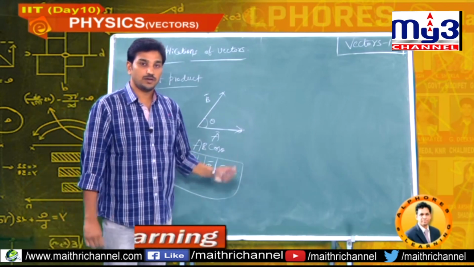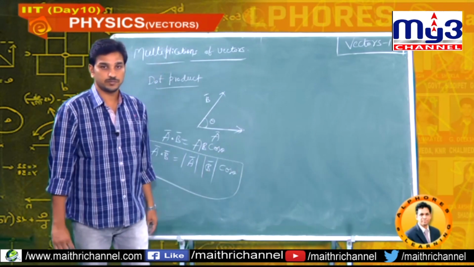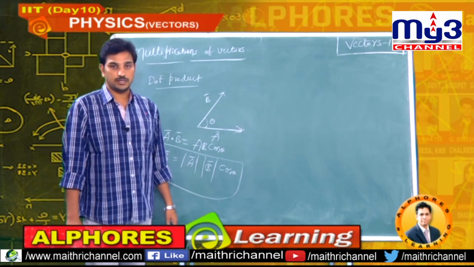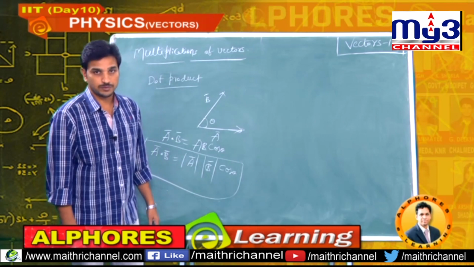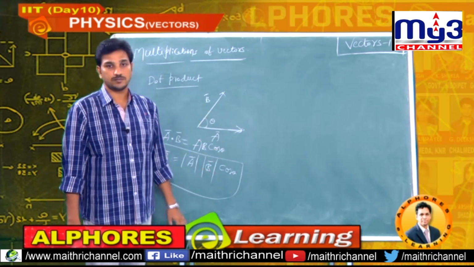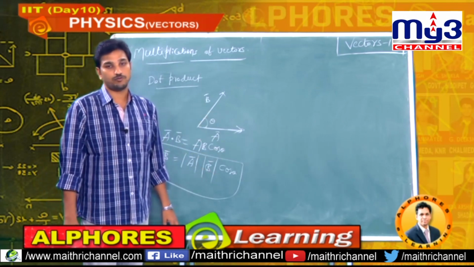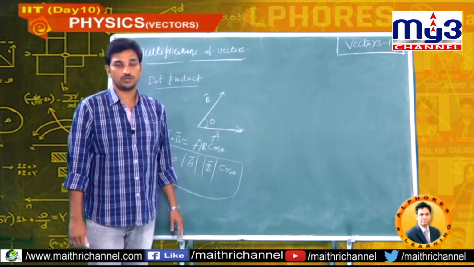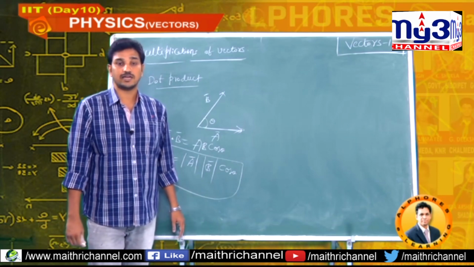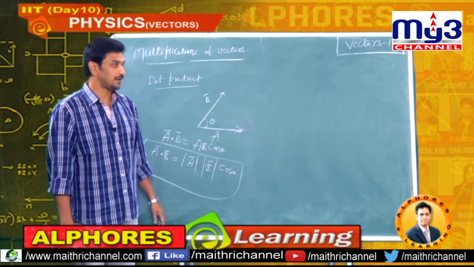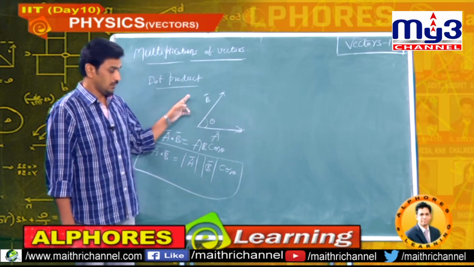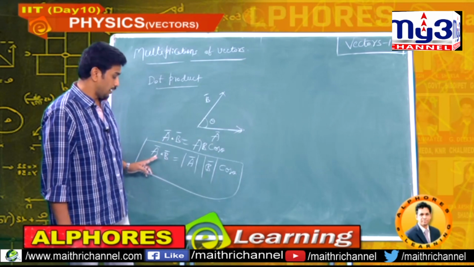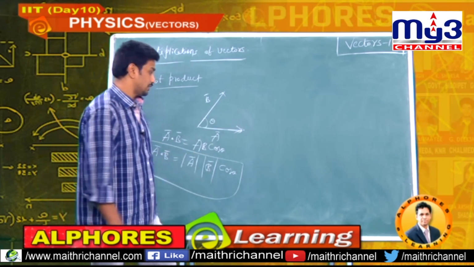In physics, where we will use this dot product: work is the dot product of force and displacement. Power is also the dot product of force and velocity. So some physical quantities are multiplications of two vectors. Even though they are multiplications of two vectors, they are not behaving like a vector, they behave like a scalar. In many possible cases we will use the dot product. So here I think you understand the definition of A bar dot B bar. A bar dot B bar is equal to AB cos theta.